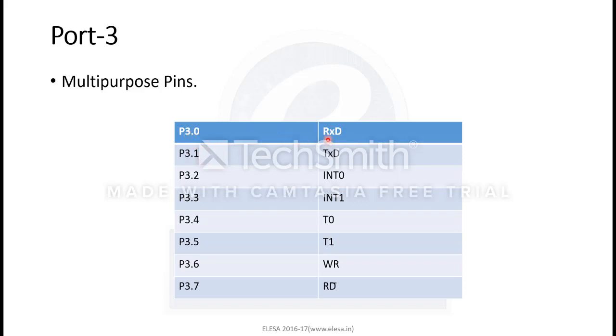P3.0 and P3.1 are used as RxD and TxD in serial communication, that is, to receive and to tell the condition or status of data received or data sent. Similarly, P3.2 and P3.3 are used as external interrupt pins. P3.4 and P3.5 are timer 0 and timer 1 pins, and P3.6 and P3.7 are write and read pins.